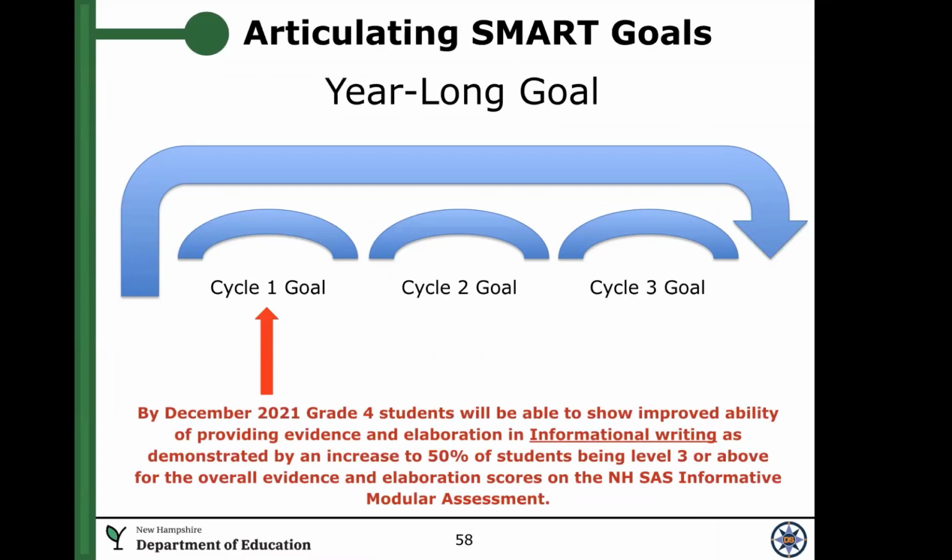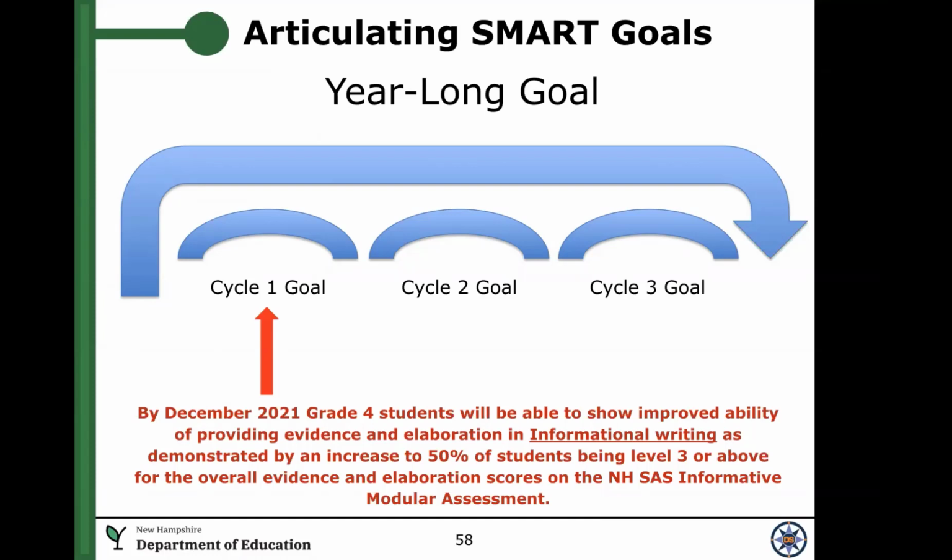This particular cycle goal is going to be looking at informational writing, right? They are going to improve their evidence and elaboration for informational writing, as demonstrated by an increase of 50% of students being at a level 3 or above on a specific assessment. This happens to be the New Hampshire SAS